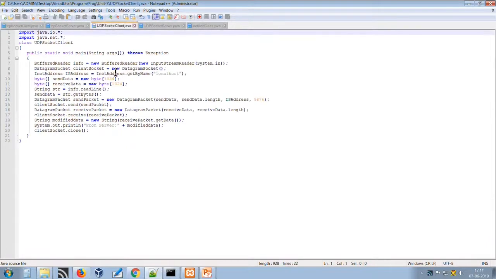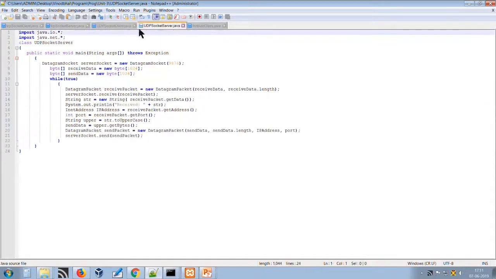In the same way, in a UDP environment, as I told you, when we are talking about the UDP protocol, we will use the DatagramSocket class and DatagramPacket. The DatagramSocket is a class which allows us to establish a connection with the server, and DatagramPacket is simply a container of data which will contain the data, and the socket will send it to the client and server. This is what it is all about, the datagram packet.